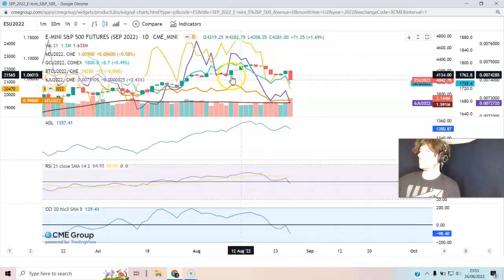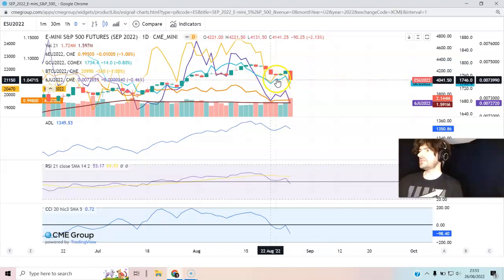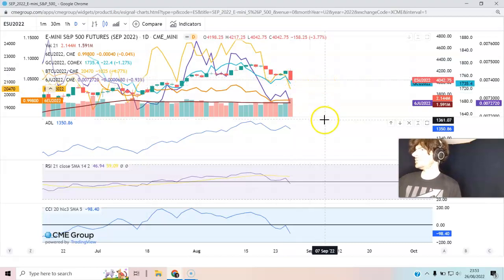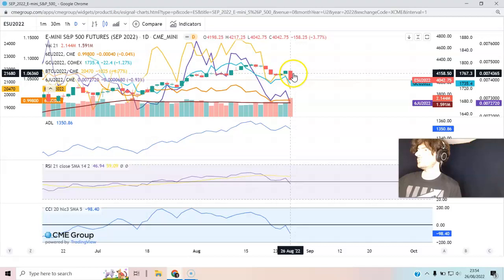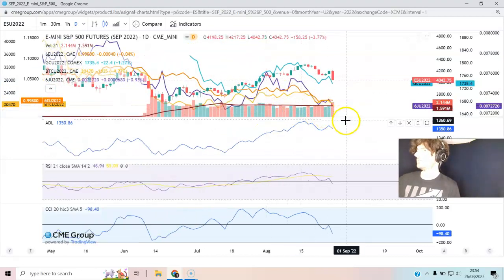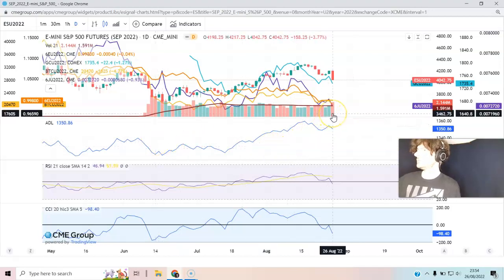First of all, what we have is the S&P 500 futures on the candlesticks. As you can see, this is a daily chart. Okay, so this was the move today. Quite a substantial move, and we got a lot of volume behind it, as you should be able to see from these bars. Now, if I could just show you these bars. So today's volume was 2.14 million,